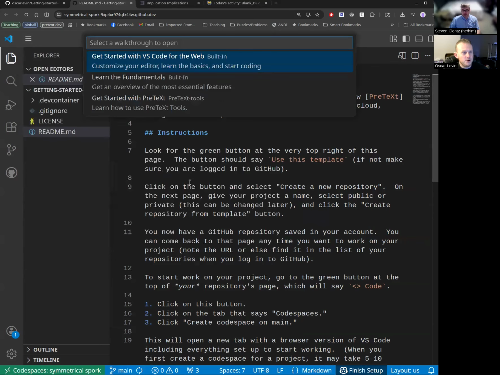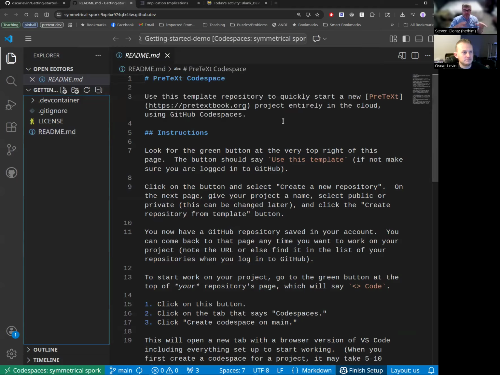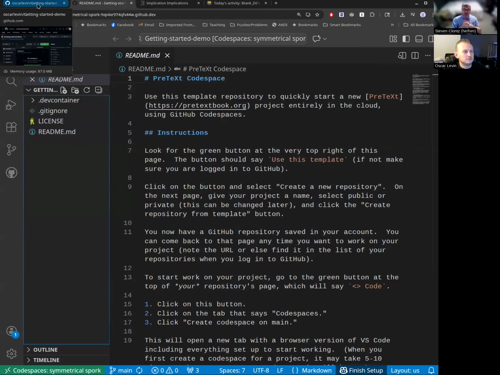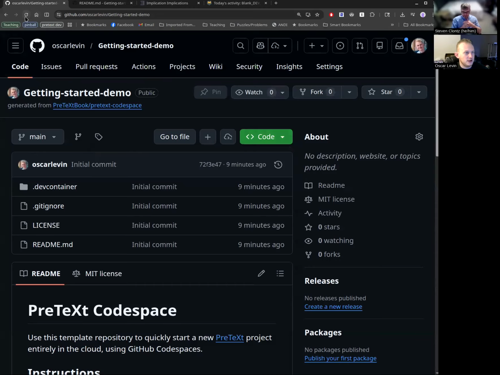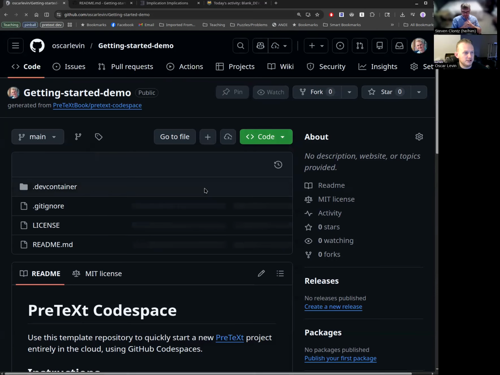And when you go to open walkthrough, it'll give you some choices of which walkthrough to open. For me, the last one is get started with PreTeXt. Oscar, before we do that, let's go ahead and back up, go back to your repository page, and then show folks the buttons to click to get back to here, because a couple of folks missed a step. Great. Okay, so if you are back on your repository page,